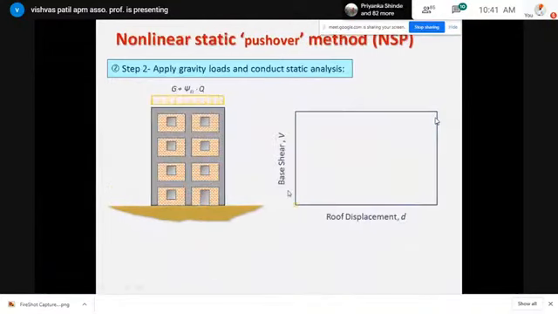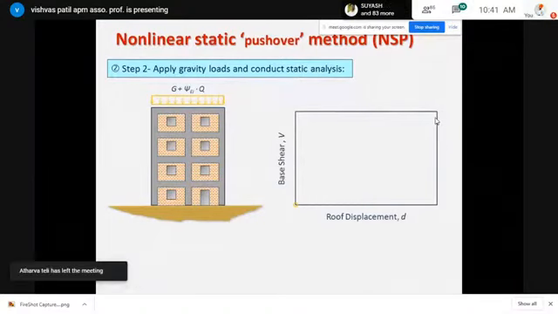Okay. Then next, after assigning the nonlinearity, on the model apply the gravity load. After applying the gravity load, you run the analysis. First of all, you run the gravity analysis, then